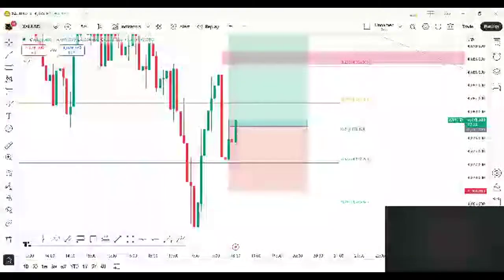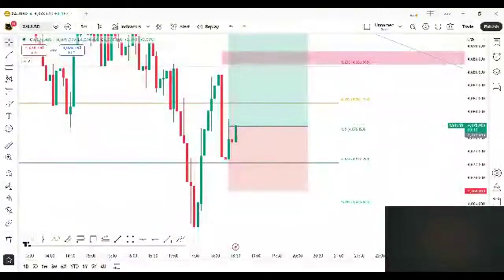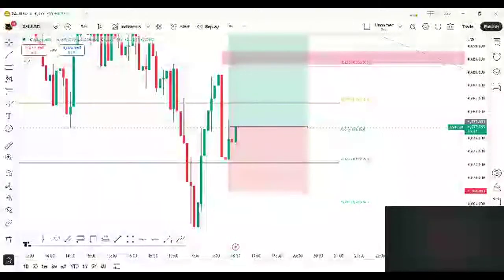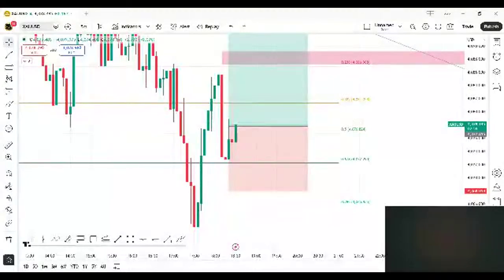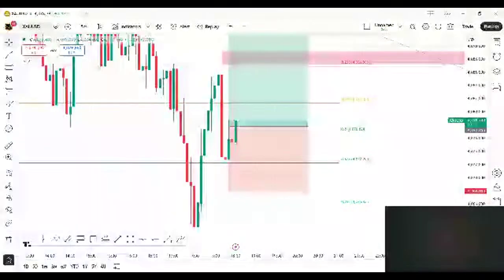Might be my internet. Yeah, there are issues where I'm staying, so maybe it's an internet issue. But I hope you understand what I'm doing right now, and our area is much more clear. You can see why we did buy. The reason was quite simple. There were two reasons: because of 4072, and secondly, the market took the liquidity from that area. So most probably the market will try to go upside, but let's see. This is what the market is, and we got a nice push.